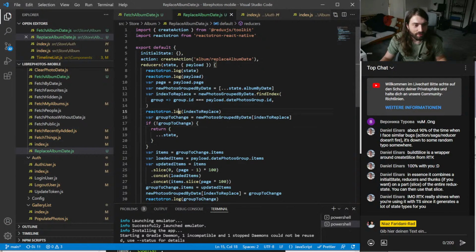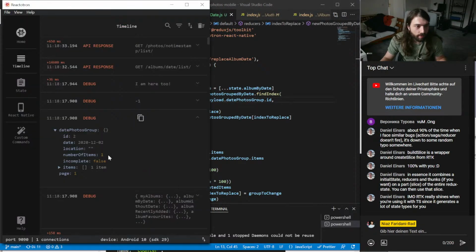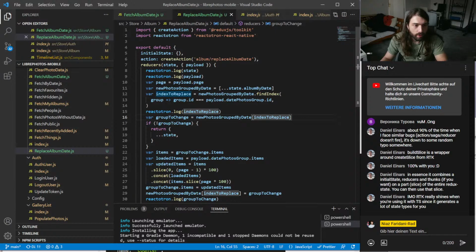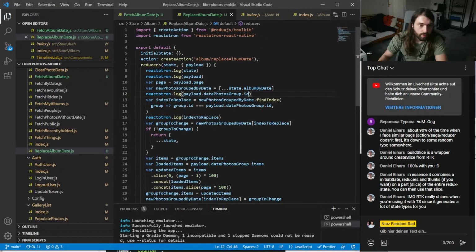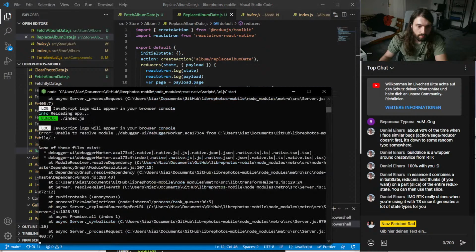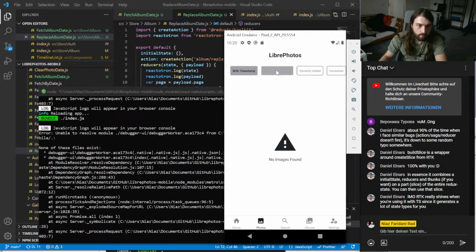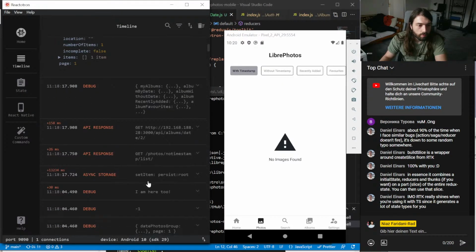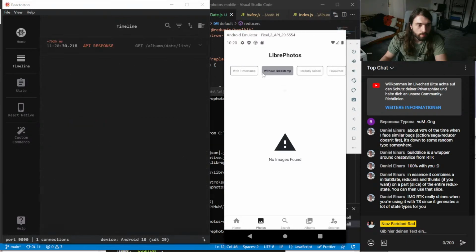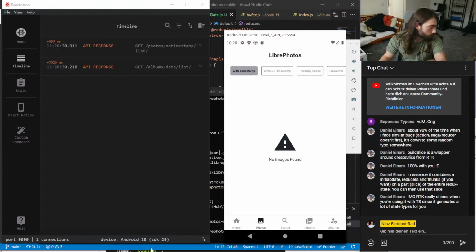All right, so date photos group, he can find that thing. Date photos group ID, and that's 2, right? Okay. Oh no. Oh no. Okay, the laptop is still online.